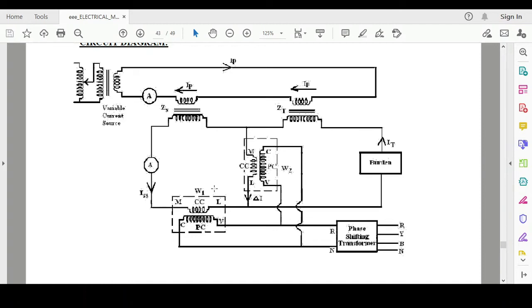Okay. Next, we are going to vary the phase angle between V and ISS such that they must be in phase. That means there must be no phase angle between V and ISS. Then we are going to find out the 2 wattmeter readings, and we are going to note down the readings of our 2 wattmeters W1 and W2, and they are assumed as W1P and W2P. Okay, these W1P and W2P are substituted in this expression. Then we will find the RT value.